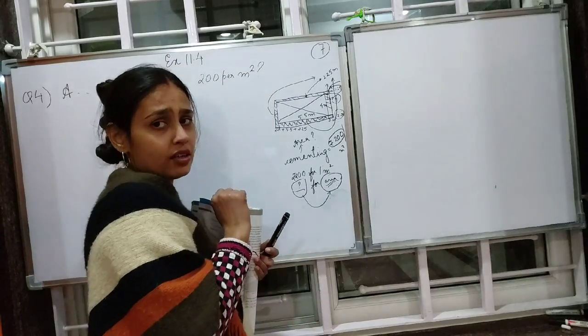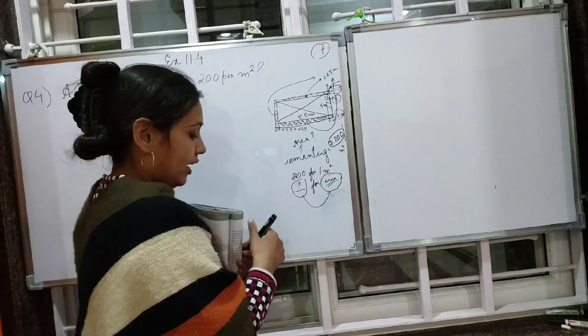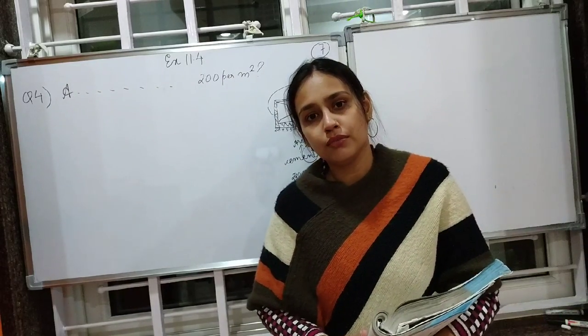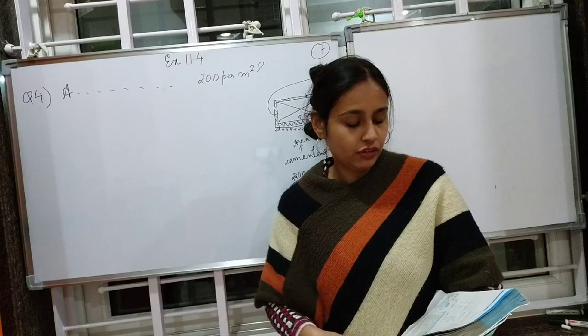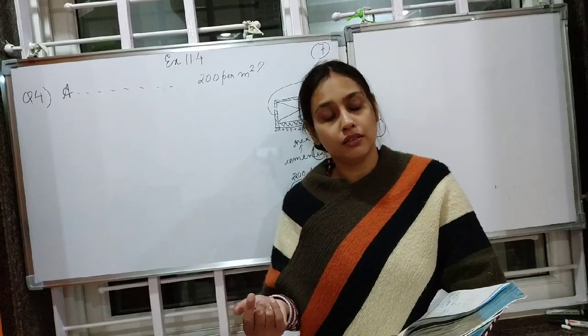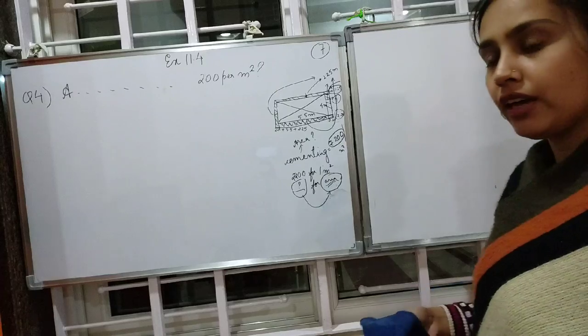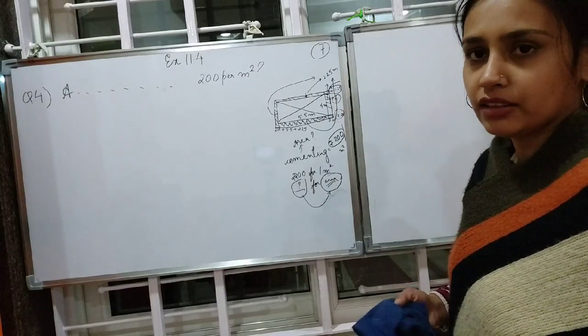So now whatever is given, we are going to write that. What is given? The length and breadth of the room and the length and breadth of the room along with the veranda. So let's write that. Before that, I'll just erase this diagram. If you want, you can take a screenshot and write it in the rough.